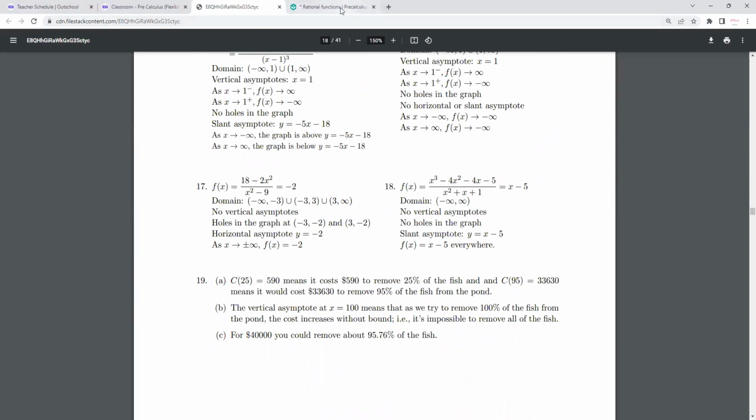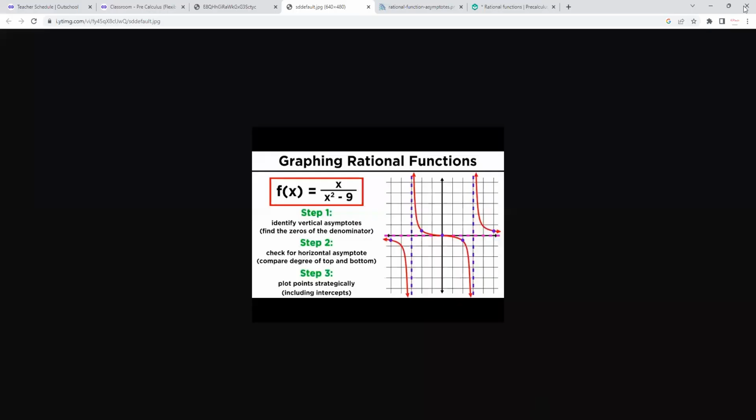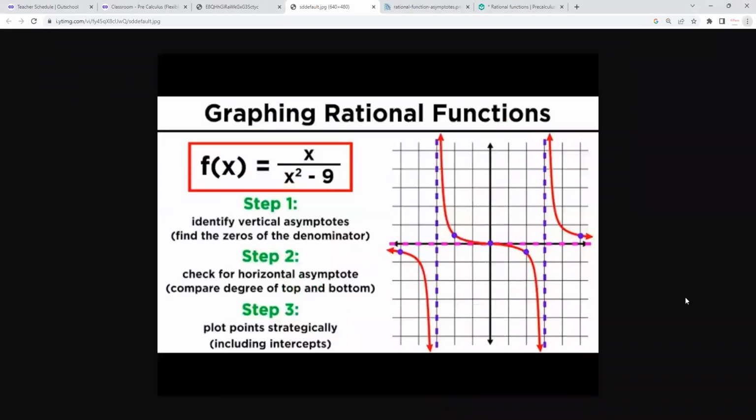Okay, so let's just go over a little bit about rational functions before we jump into the exercise on Khan Academy. So rational functions can look something like this, and you can find values by plugging in for x and things like that. So you can see here, if you were to set that equal to 0,